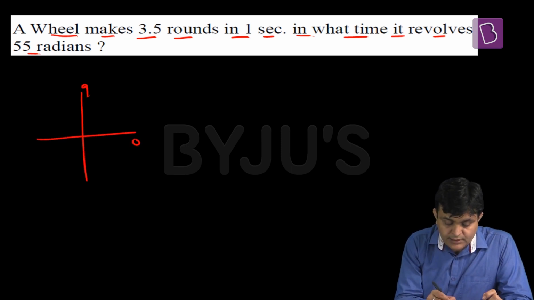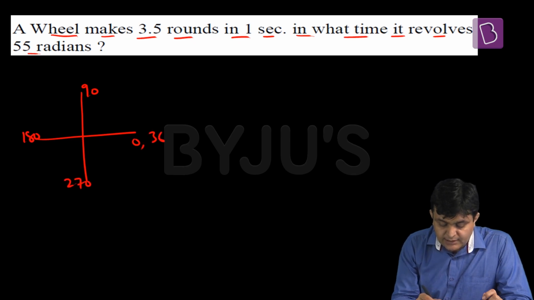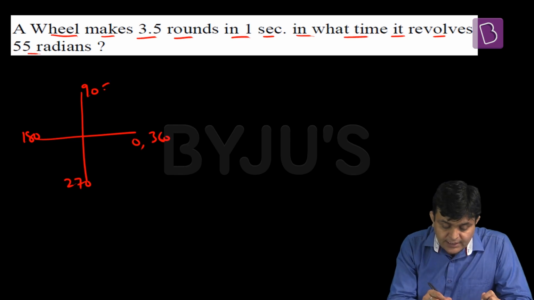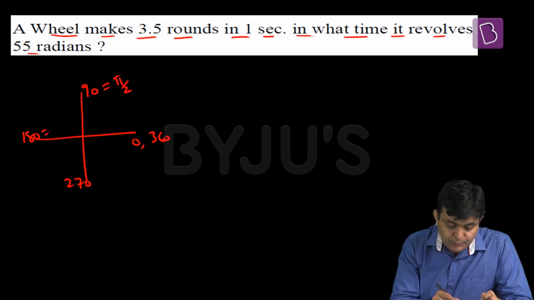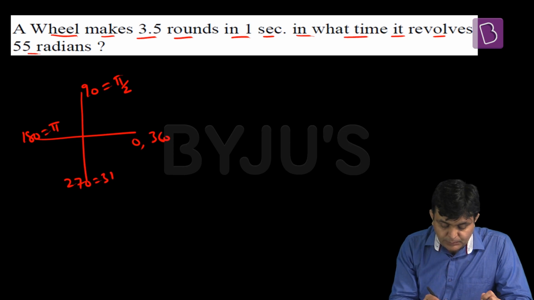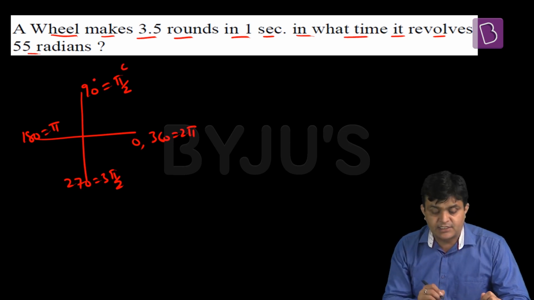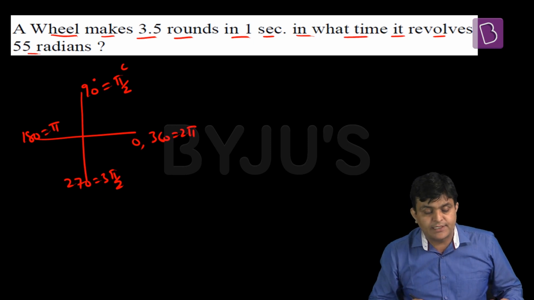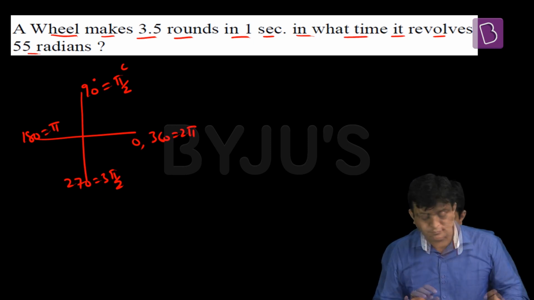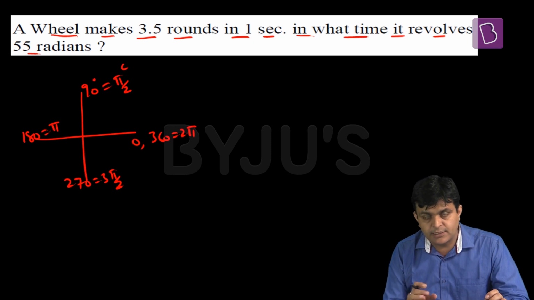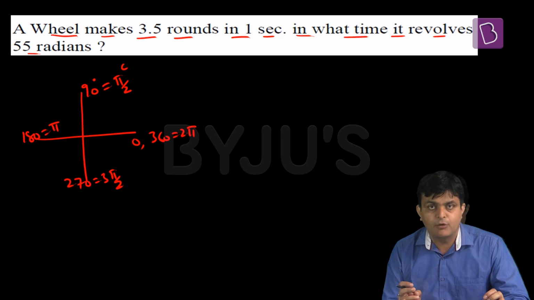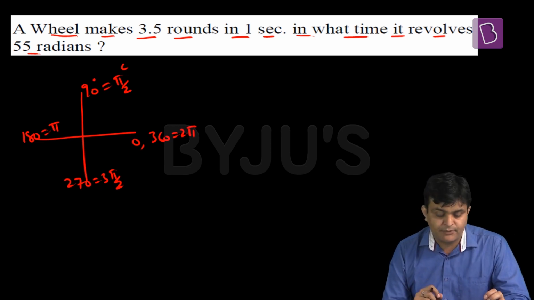This is 0, this is 90, 180, 270 and again the complete angle is 360. We can write it as pi by 2, pi, 3 pi by 2 and 2 pi. But 90 is degree and pi by 2 is radian. C stands for the notation of radian here. So first of all, we will discuss how to convert degree into radian, radian into degree, and what is 1 radian. Degree is larger than radian, radian is larger than degree. Let's see this first of all.